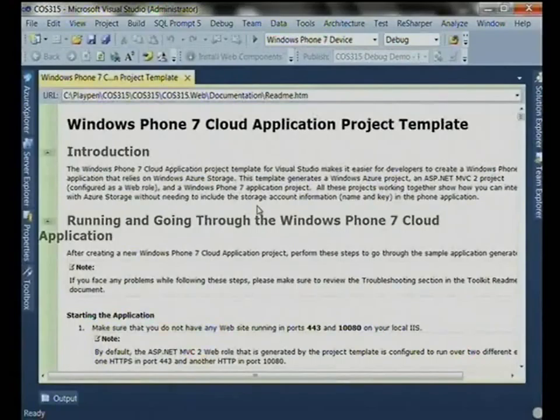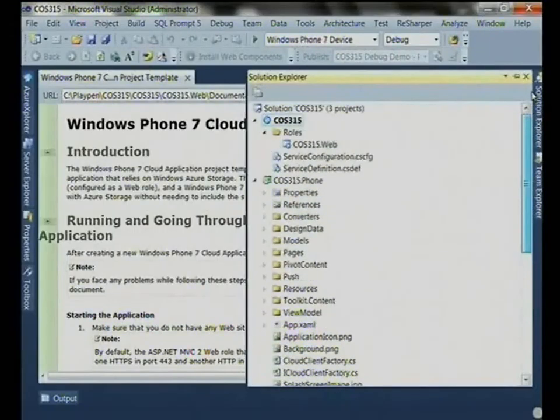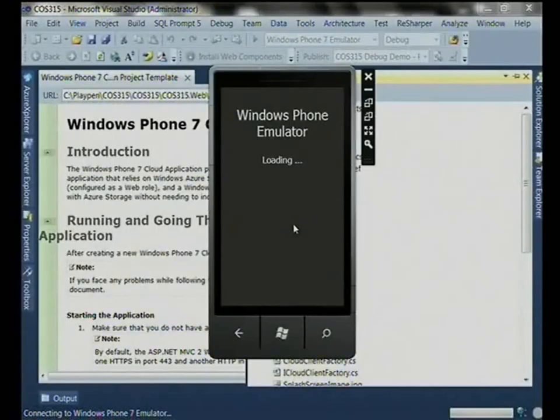Once you've downloaded it, it gives you some kind of guidance and so on. But let's go to Solution Explorer. And I'm just going to hit Run without making any changes to the code. But first, I'm going to select the Windows Phone 7 emulator rather than the device. Now, notice I haven't written any piece of code over here. So this just works out of the box. But obviously, this is not the application you'll be shipping, and you'll be writing your own application on top of some of these things.